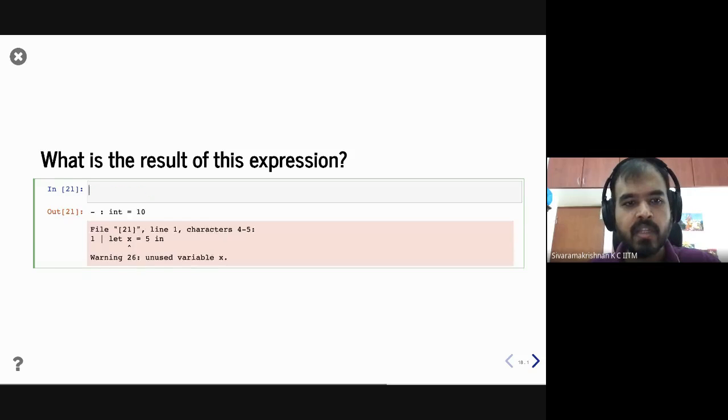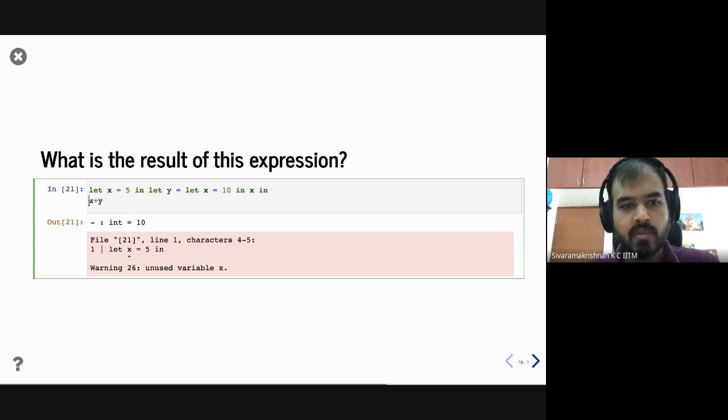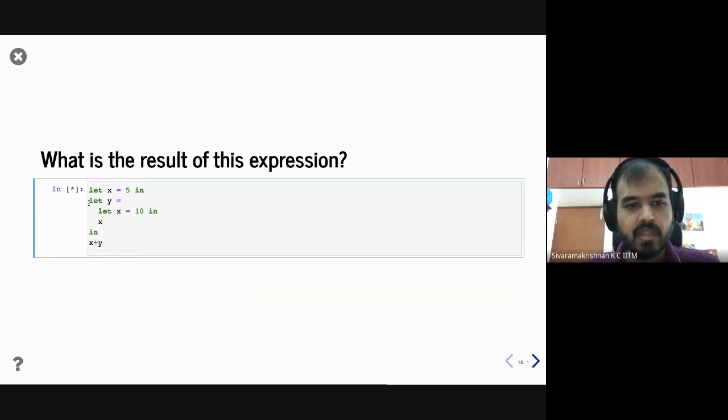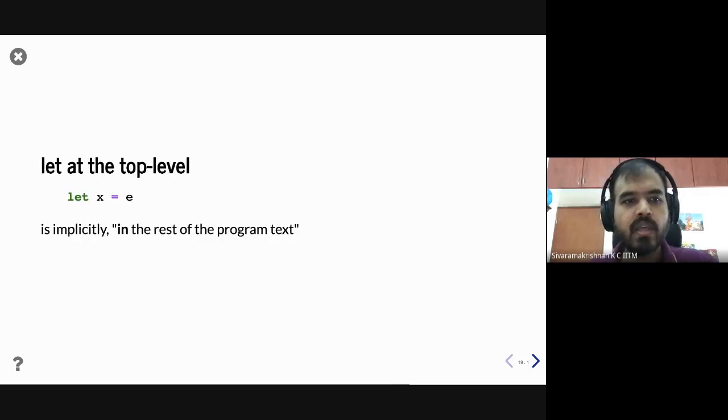So I think I'll put it back to what it was. Okay, so that was let expressions. You can also have let at the top level. So what does that mean? So far we've seen let with let binder equals expression 1 in expression 2. You don't need this in all the time, but this form is only allowed at the top level of the